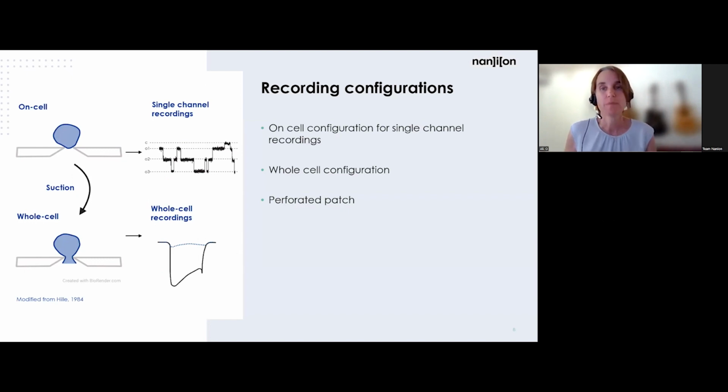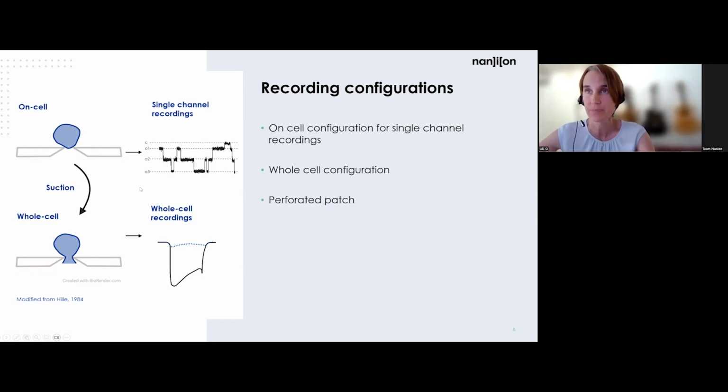So using automated patch clamp, we can record in different configurations. In the on-cell mode, the cell is attracted to the hole. A good seal is made between the cell membrane and the glass, but the cell is not yet ruptured, or the membrane is not yet ruptured. And this means that we can record these ion channels here that are stuck in the hole. And there we see these stepwise openings of 1, 2, or in this case, 3 ion channels opening